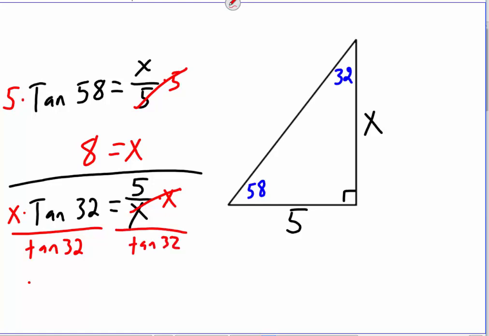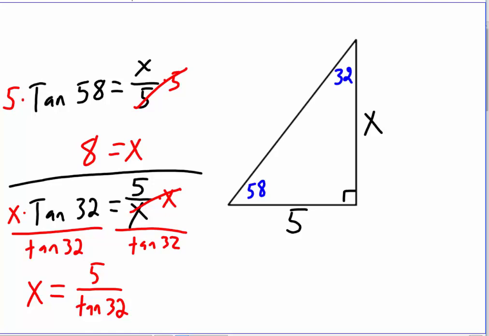And this ends up equaling x, not 8. x equals 5 divided by tangent 32. It's the same as thinking about, oh, we're just taking the x and whatever's on the other side, swapping places. But this is the math that's going on. So, again, I'm going to take my calculator and I'm going to go 5 divided by tangent 32 equals,